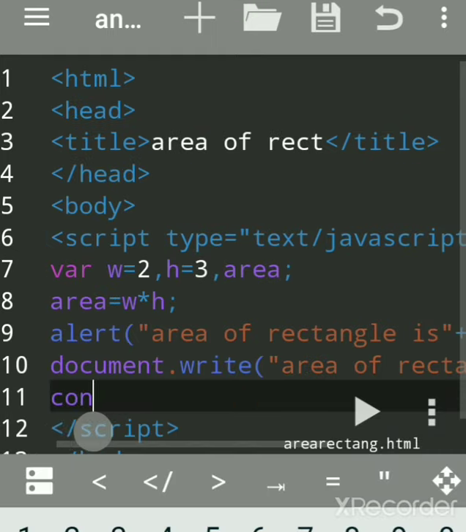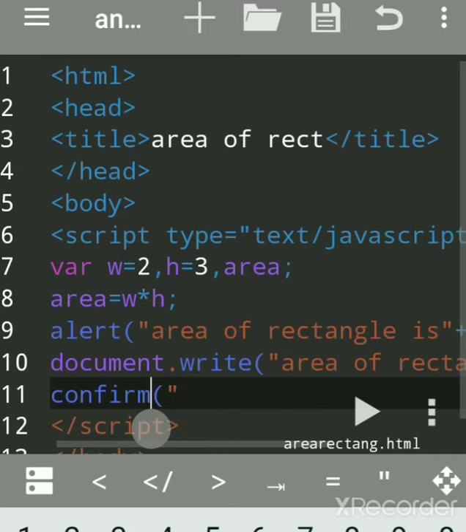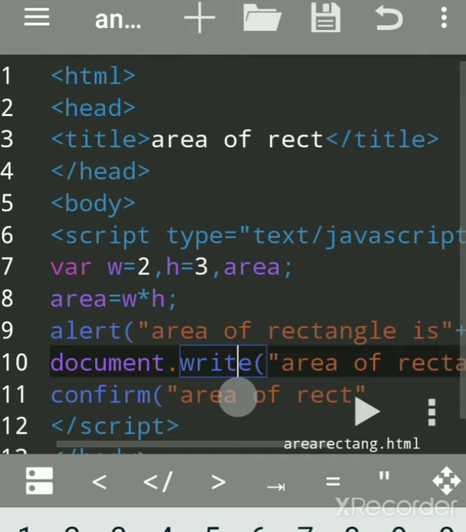You can print even by the confirm box. With confirm we also get a confirm dialog box. Confirm is a function of the parent object, that is Window. Whenever we access a function of the parent object, you can skip it, like how we used document.write.